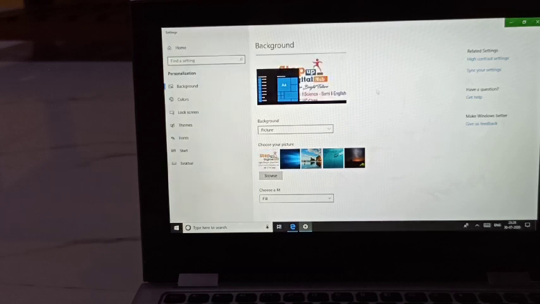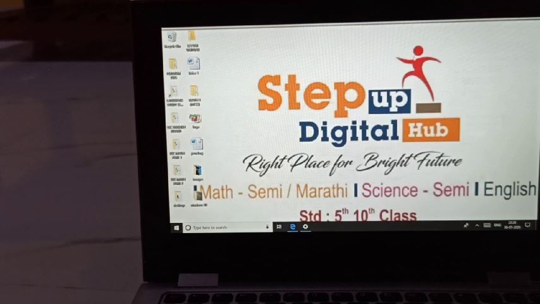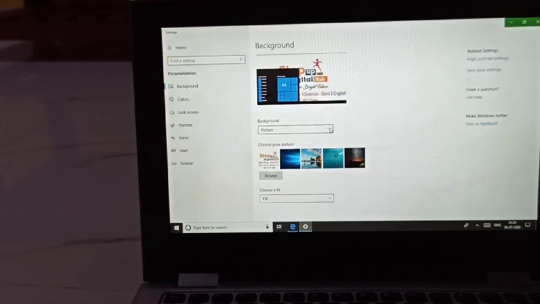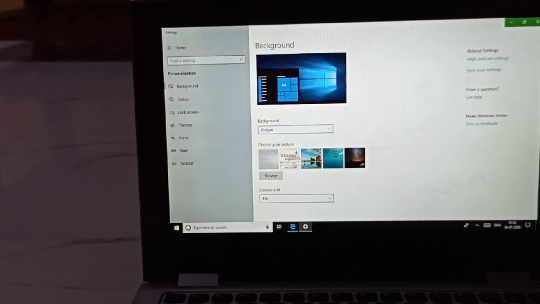Just double click on that picture and your background also changes. See now, right? Again open this. Which picture you want, just click on that picture. See, it will automatically get applied there.